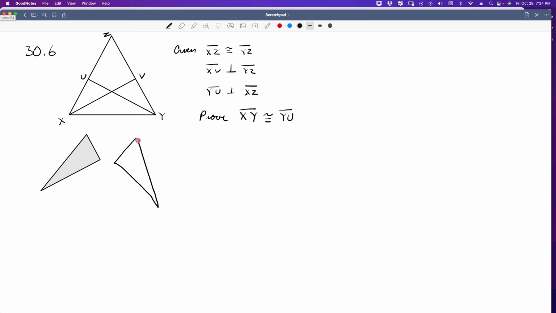Okay, so somewhat similar. So we know that XZ, this is X, and this is Z, and this is V. This is U, and this is Z, and this is Y. So right away, XZ is congruent to YZ. And also,